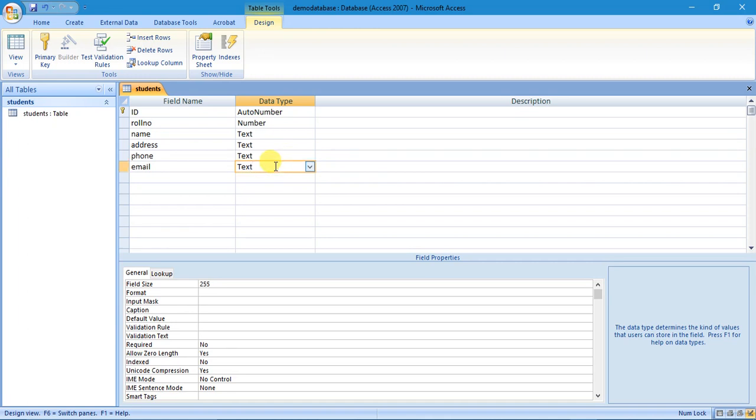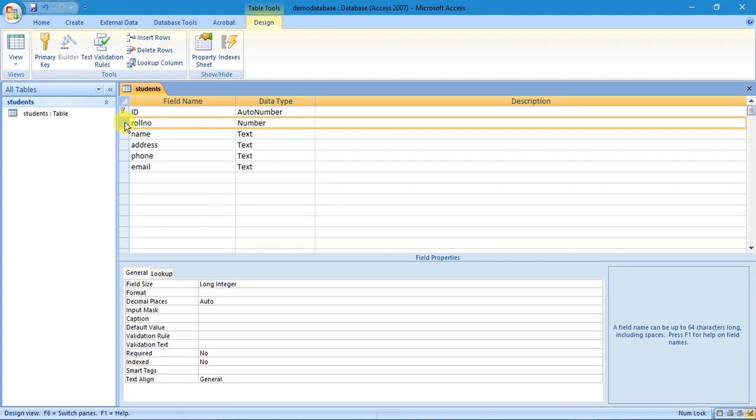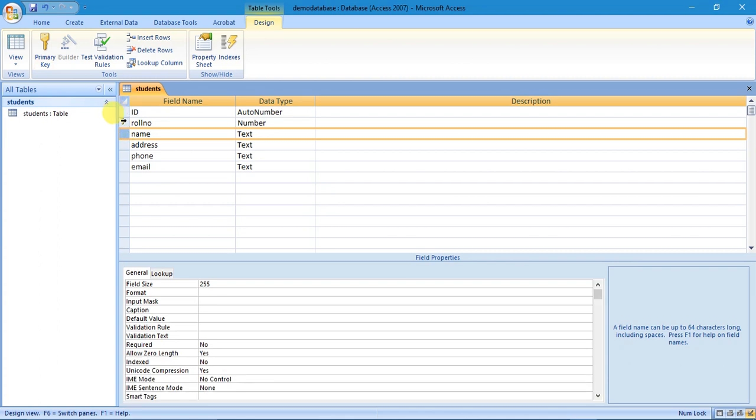Okay, now it is the design view. Here we can pass the field name, its data type, and the various field properties we can apply on the table. We can even apply primary keys from here, from the design view. Suppose right now this key attribute is visible on the ID column, but in my table I wish to create the primary key on the roll number. In that case, what will we do? First of all, select the column, right click on the column and click on the primary key option. So look here, the key option has been changed.